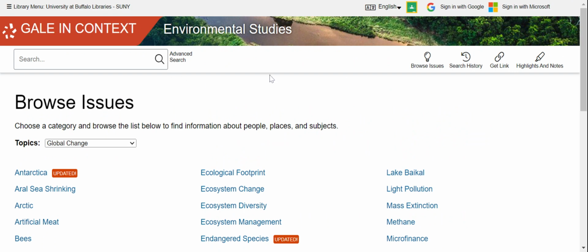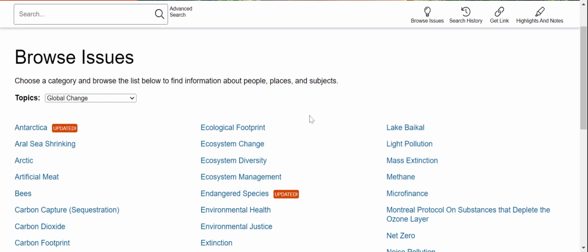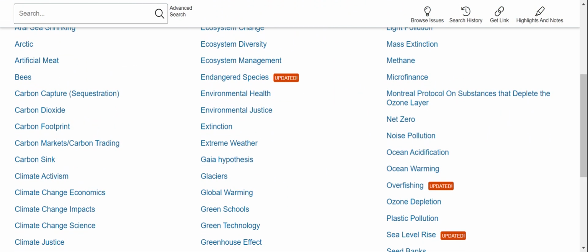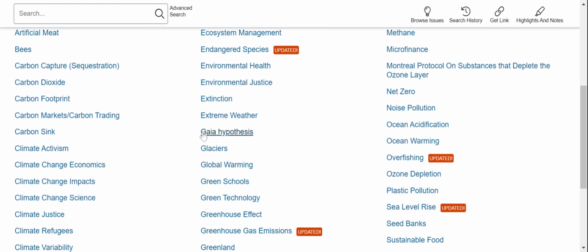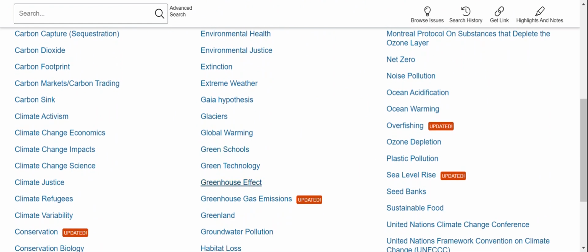What I did when I first got onto Gale in Context, keeping in mind we're doing a walkthrough of the resource, is scroll to see what it is offering us. So I scrolled down and found an issue topic that I was interested in, and I hit more and clicked into it. Looking over this very quickly and glancing at it, I'm already seeing global warming, extreme weather, climate justice,